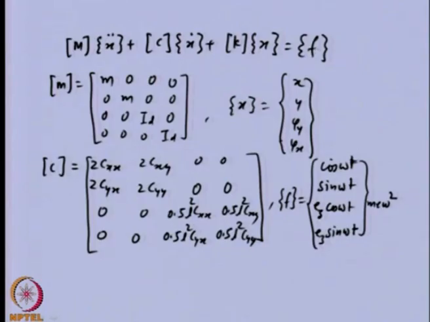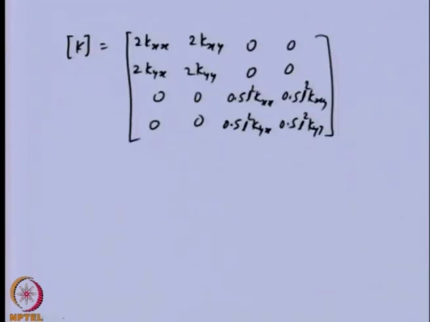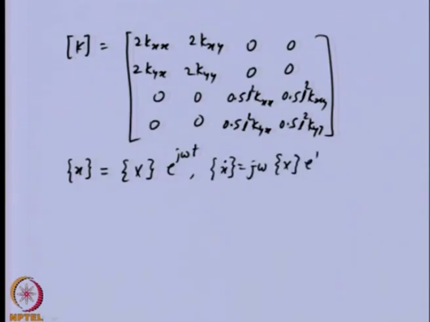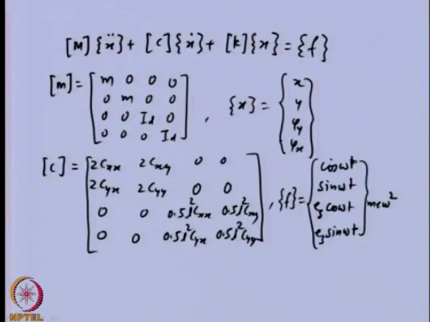Now, this can be solved using the procedure described earlier. We can assume the solution of the response as complex amplitude times e to the j omega t. So, this will give us x dot as j omega capital X e j omega t, and the acceleration, the double dot of this, will give minus omega square X e j omega t. This solution can be substituted in the equation of motion, and we can get